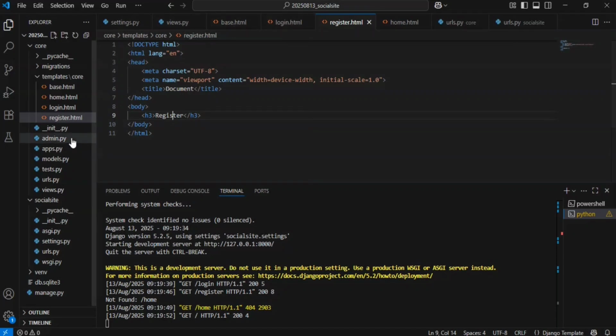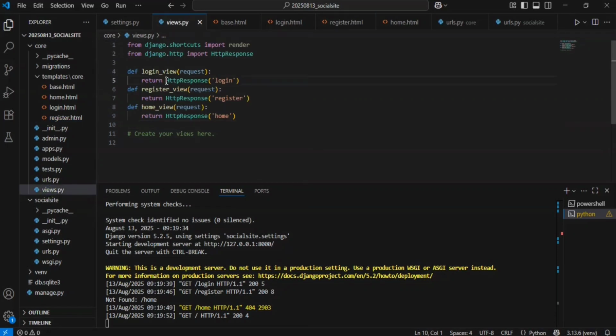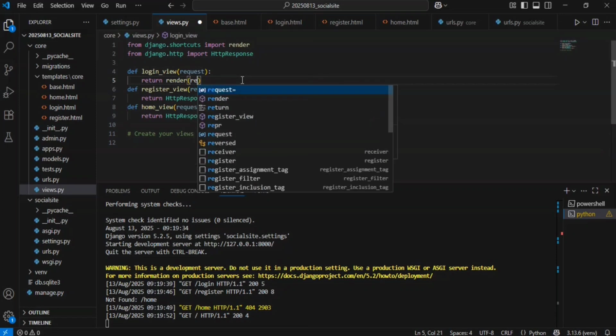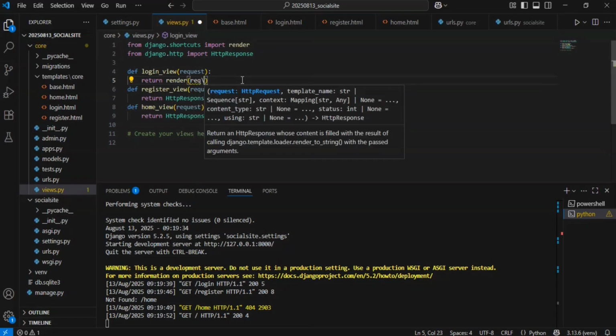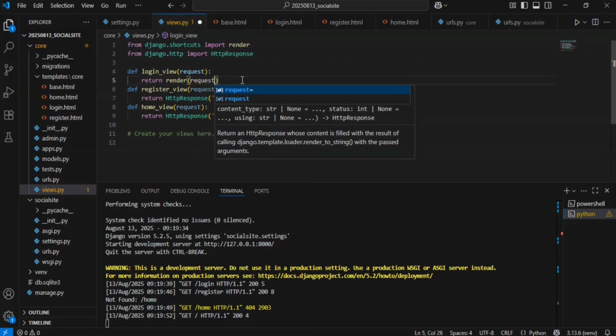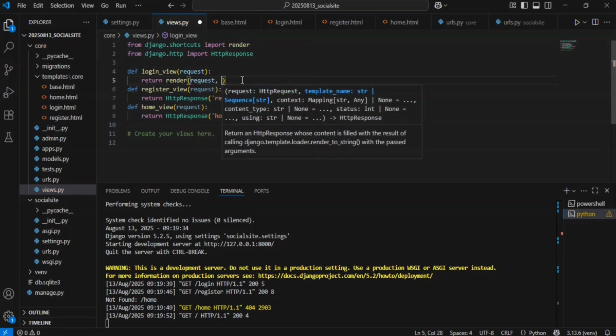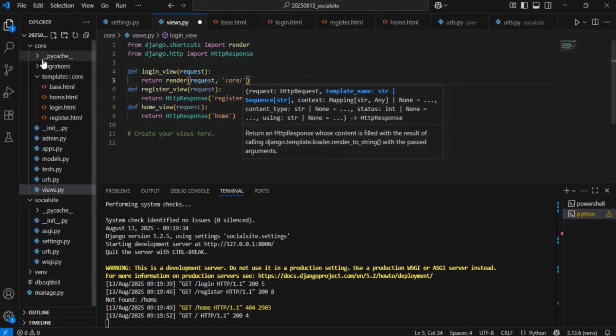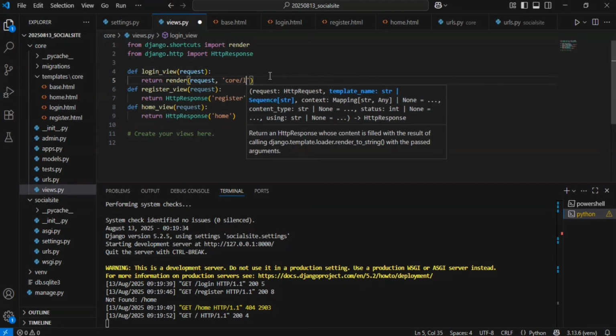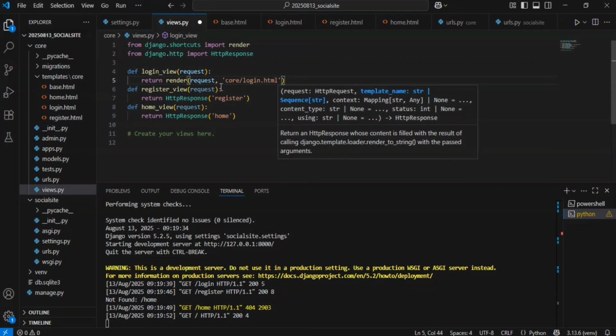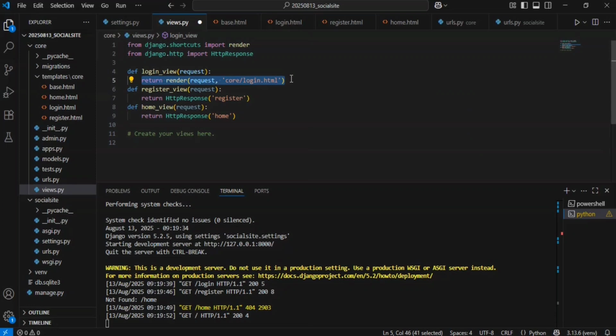Now it's time to render our HTML files into view functions. Instead of returning HTTP response, we are going to render our HTML files that we have created. So in login view, we return render, request, core/login.html. What does this mean? This means that it should find this file under the templates folder, and then after that core/login